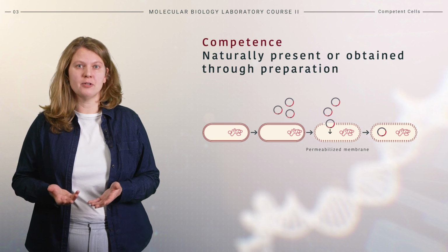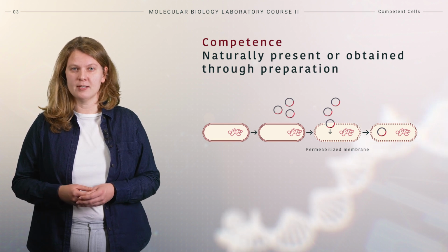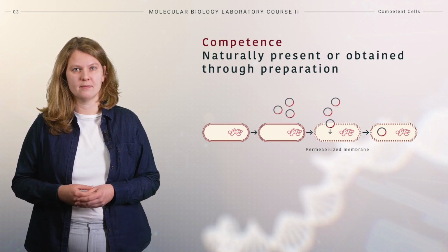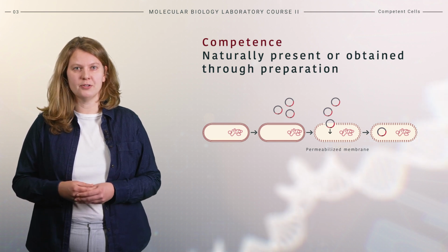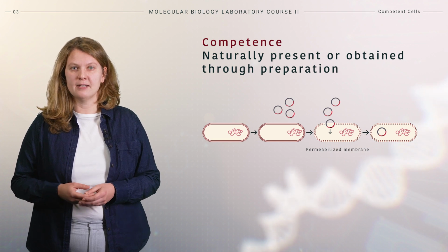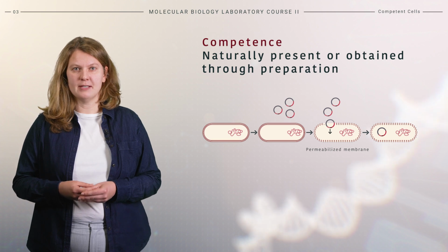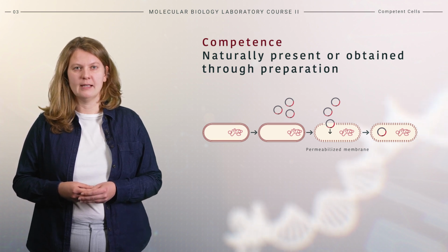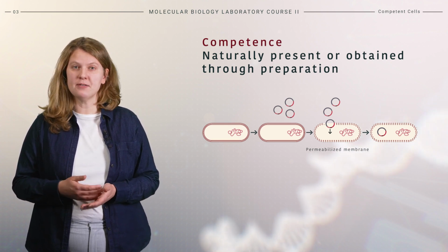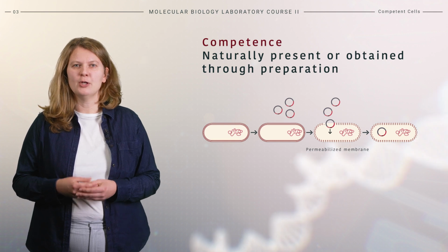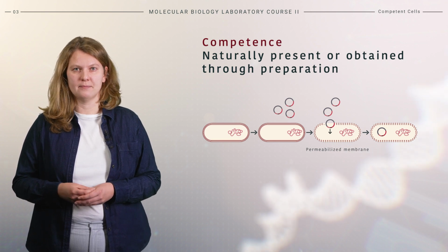The competence can be naturally present. This has facilitated a wide range of adaptations in prokaryotic and eukaryotic cells. Some of the known examples include Vibrio cholerae, the causative agent of cholera. These bacteria lyse neighboring cells to obtain nutrients, but also scavenge the DNA released from their victims. The capacity to take up foreign DNA can be artificially induced by specific treatment of the host cells. During this video, we will learn how to prepare and evaluate competent cells.